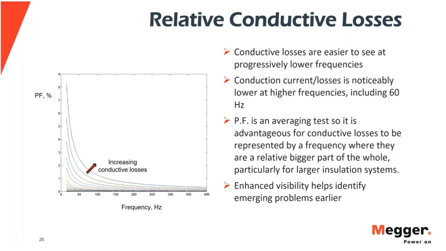So if you're dealing with insulation systems that are very large, where under normal situations at 60 hertz measuring, the conductive loss current is extremely tiny compared to this relatively huge capacitive current, testing at lower frequencies is going to give you a better ability to detect that loss and see if something's happening in the insulation that's causing a change in conductive loss from previous, and that's a valuable feature of going down to these lower